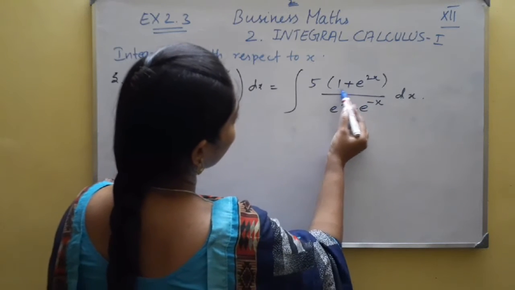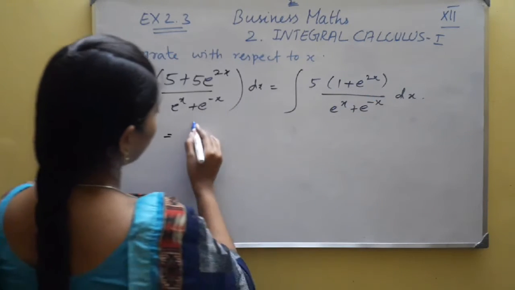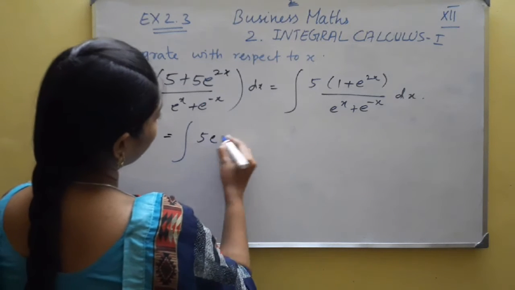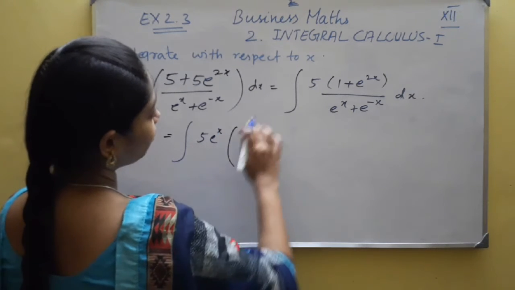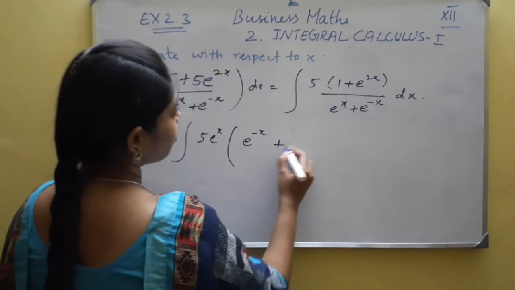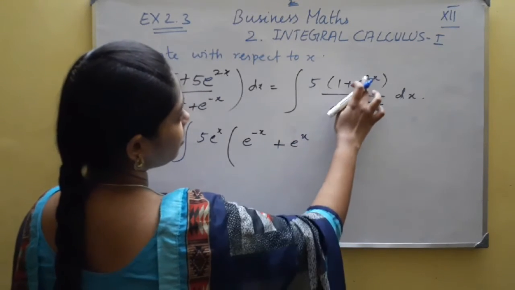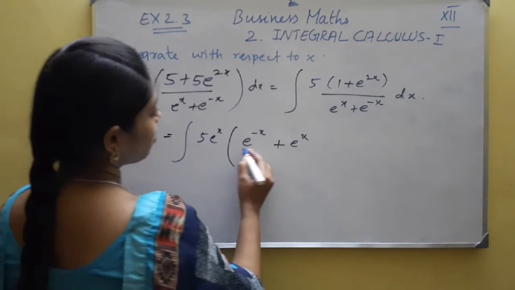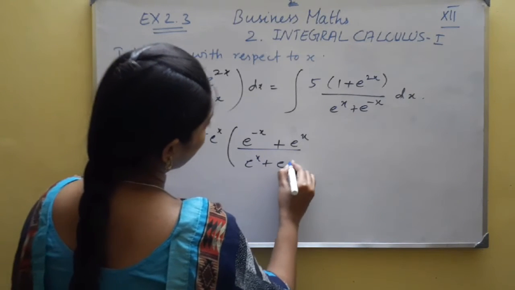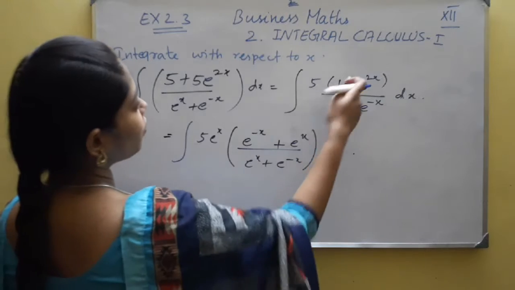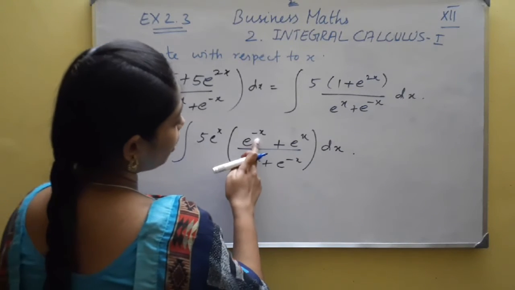So I'm going to take e power x as a common term here. Here you don't have e power x, but I can take e power x as a common term from here, then I can write e power minus x here, plus e power x, because here it is e power x into e power x. So I am taking 1 e power x outside, the denominator part is the same. Just multiply and see, you will get the previous term, e power x into e power minus x.